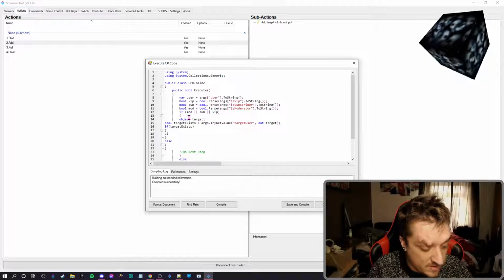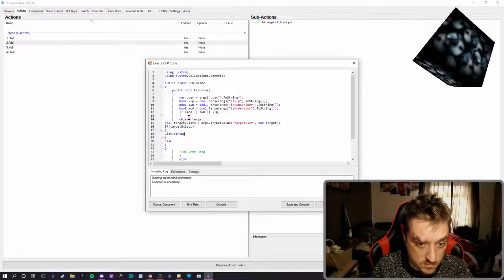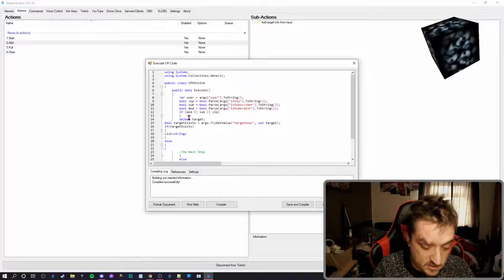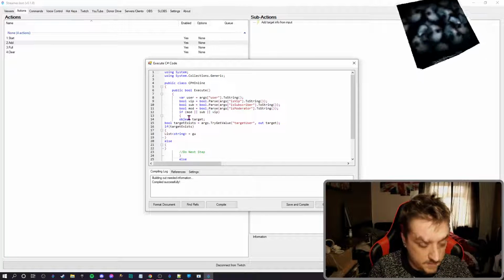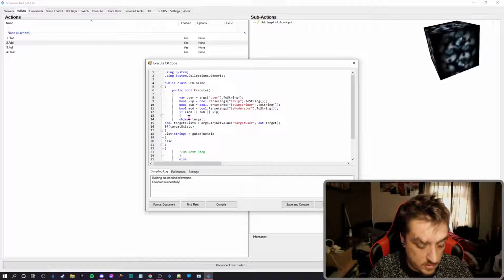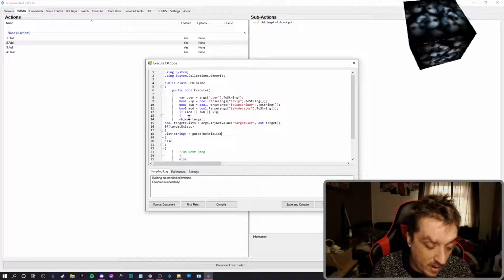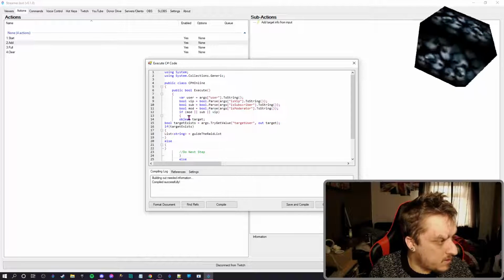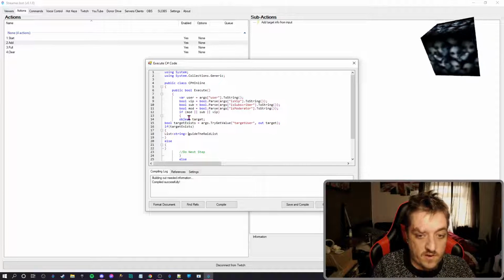We're going to pull a list. So list again, string. So we're telling this is how we're going to get a list, guideTheRedList. Notice how G is capital, then T, R, L are all uppercase. Oops, no. So it's list guideTheRedList equals